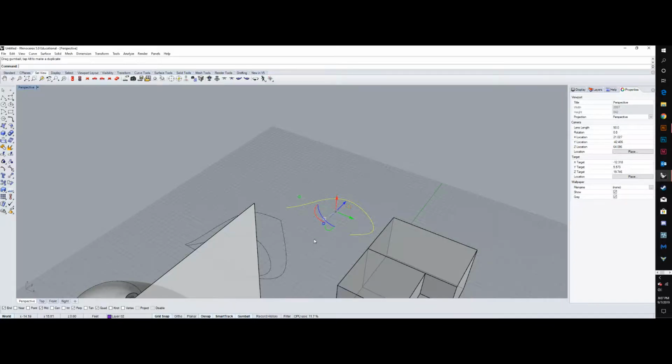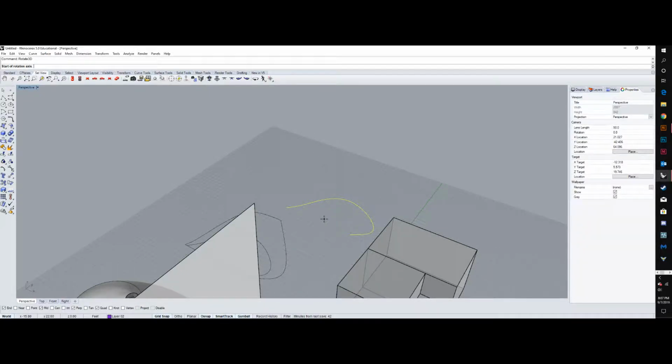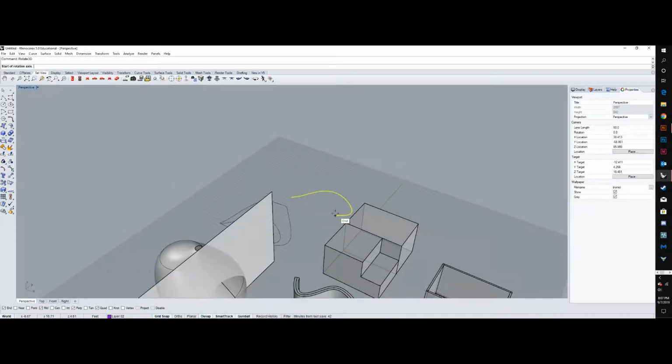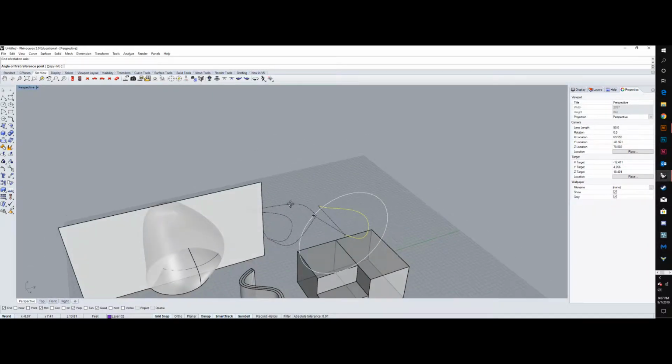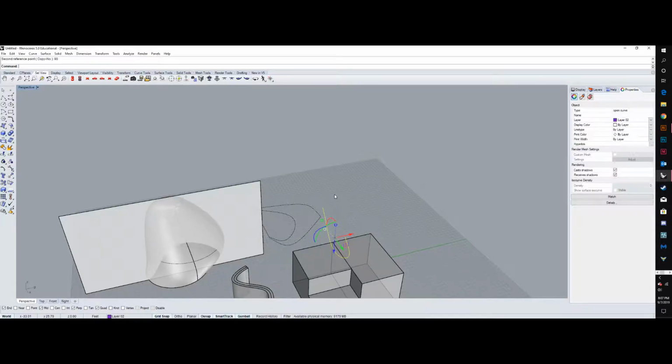You could use Rotate3D, which I will show you real quick. Rotate3D is used for rotating three-dimensional objects. I would click this point, which is the origin point of the axes. I would have to click another point to tell it this is the axis I want to pivot around. Then I could select anywhere on this, type in 90 degrees, enter,